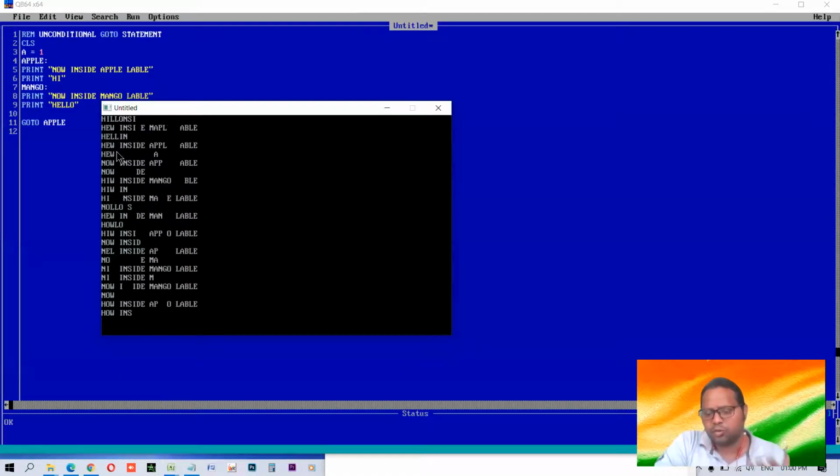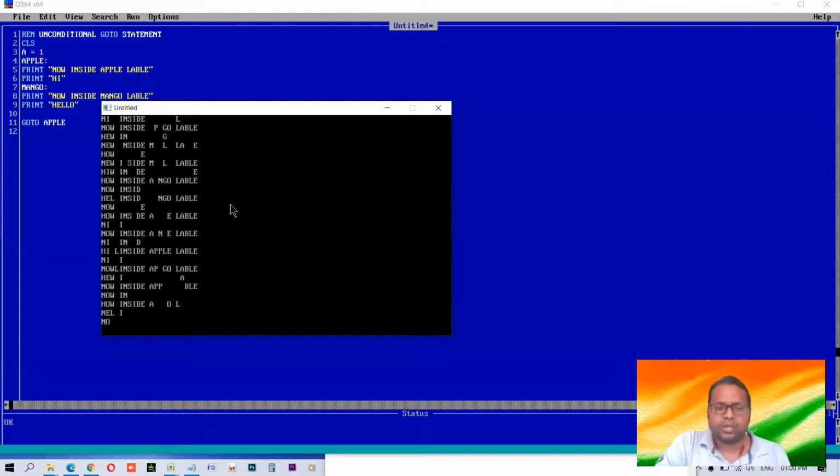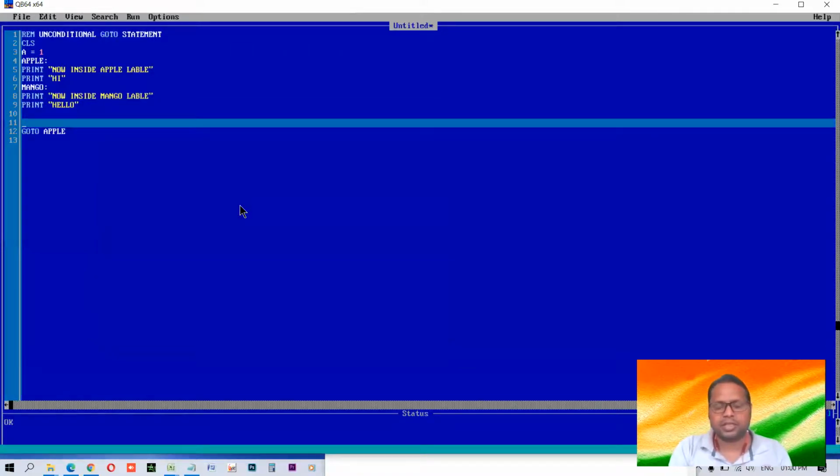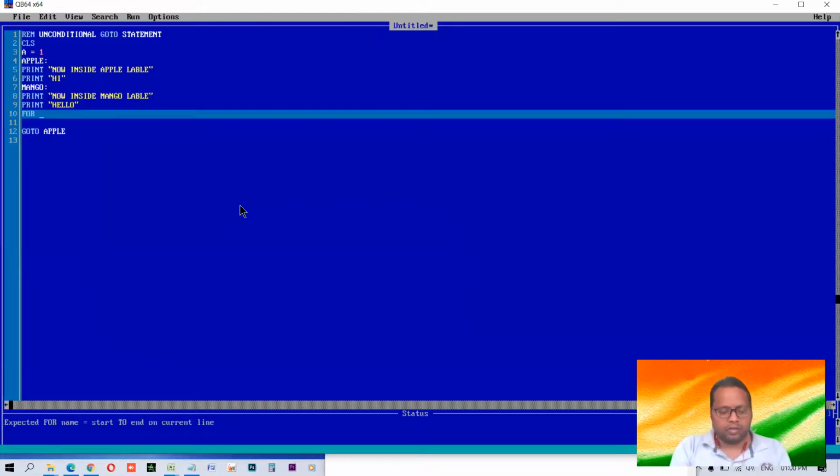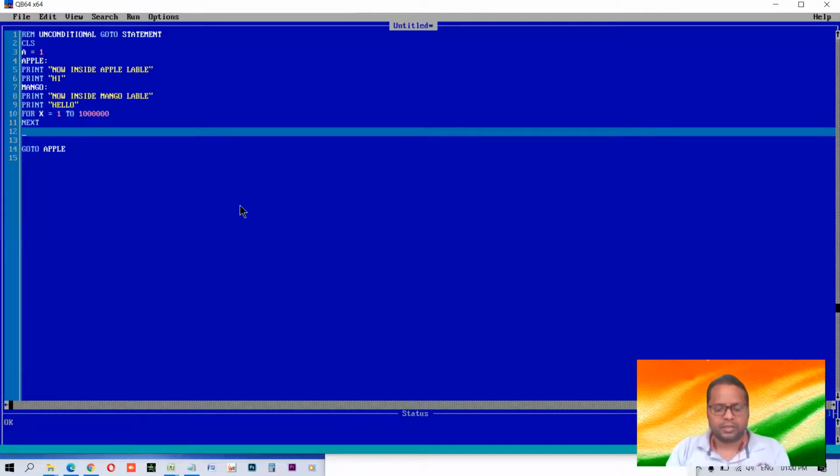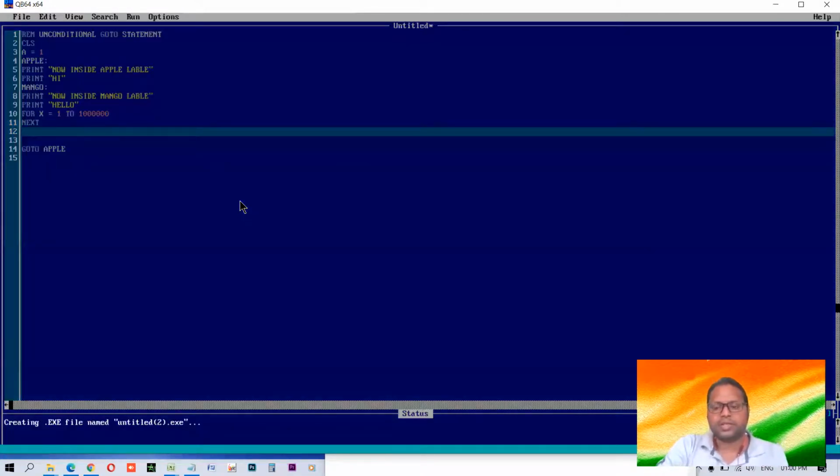The same thing, a non-ending loop is happening here. We can also see this in slow motion. Let us try this. We need to do these things in order to understand how they are happening. For x equals 1 to slow down, and then press F5. Now you'll find what it is actually doing.